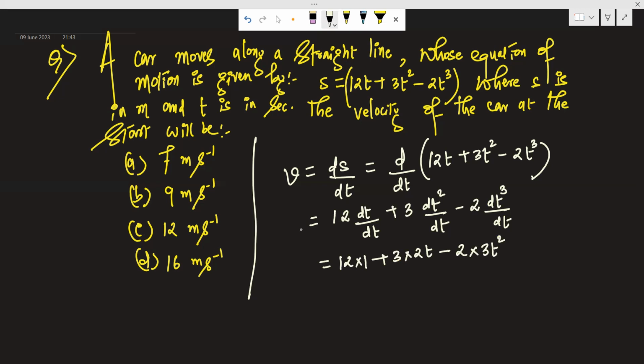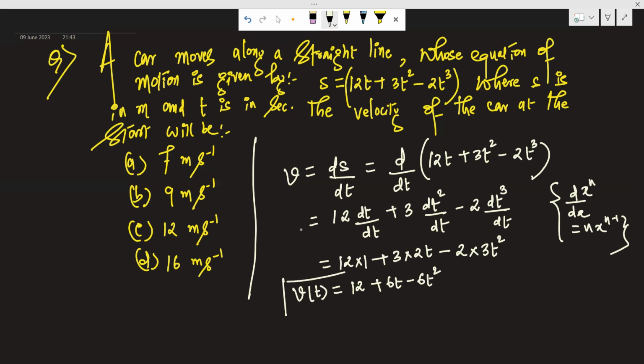Right? So remember the formula. The formula was d/dx of x to the power n equals n x to the power n minus 1. We are using that one. So 12 plus 6t minus 6t square. This is the velocity at the time t. So we can say, therefore, velocity of the car